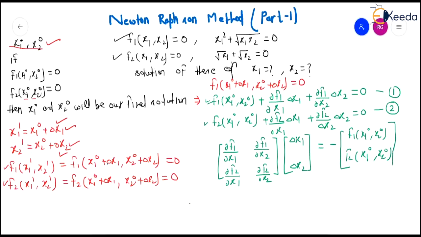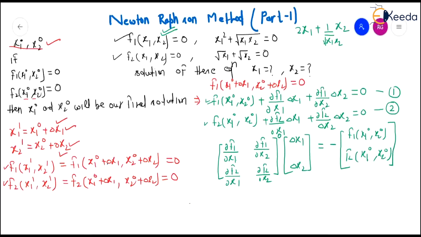So we are using an iterative method to solve this. The superscript 0 means the initial value. How can we write ∂f1/∂x1? Whatever the function f1 is, we will differentiate it with respect to x1. Let us assume we are differentiating equation number 1. So it will be 2x1 plus 1 upon root x1x2, and in between if x1 has been differentiated, it will be equal to x2. So this will be the derivative.